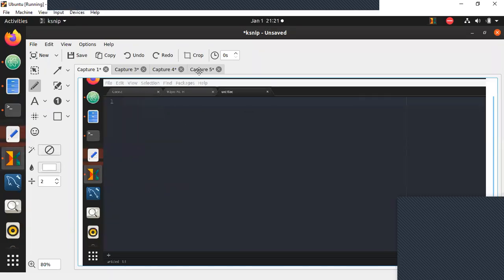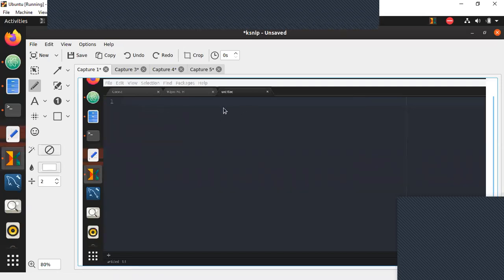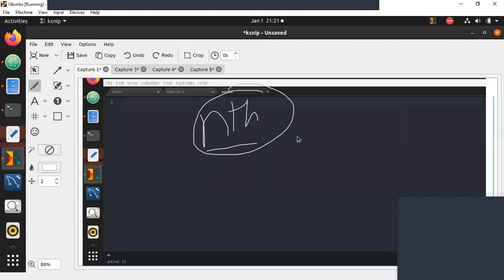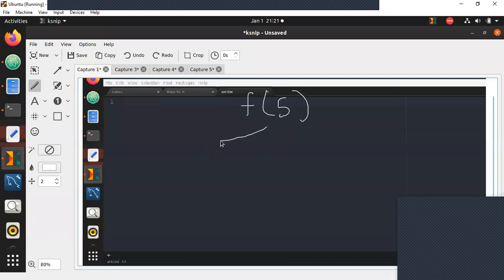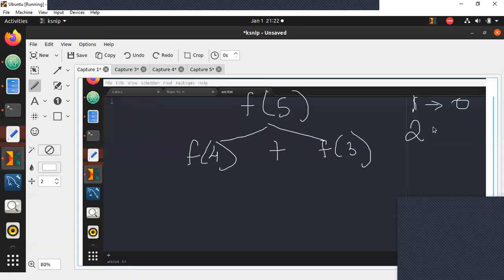Think of this, guys. Let me explain this to you. If I want to check the nth Fibonacci number, how do I do that? If I need the fifth Fibonacci number, I add Fibonacci of fourth plus Fibonacci of third. I hope everyone knows this logic, because we only store the first and second values. The first Fibonacci number is 0, the second is 1.